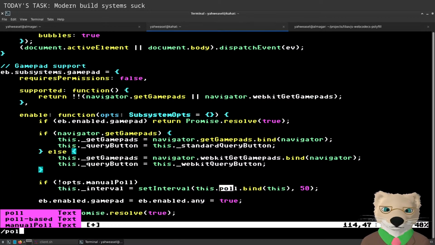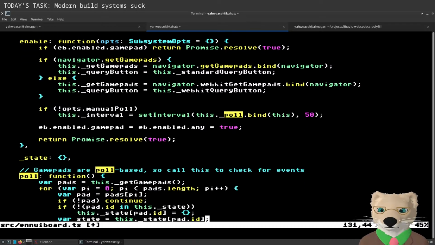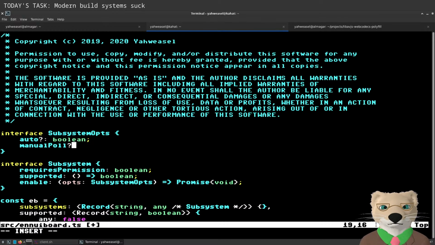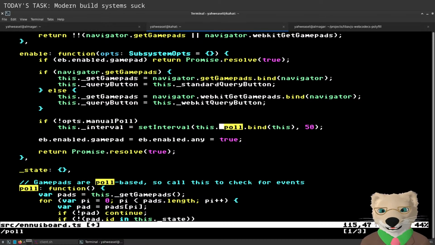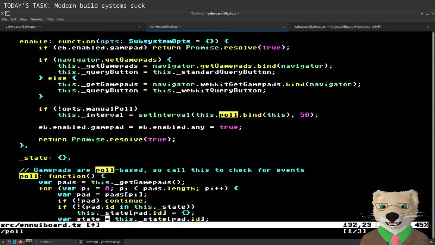And poll should also not be named like that. I like to name internal things internally. Okay, so manual poll is a new option. But the very fact that manual poll is there means I should not name that as an internal thing, because you may very well be explicitly polling. Oh, I see. Oh, I understand why I have a .any now. You can tell quickly whether anything has been enabled. That's funny.